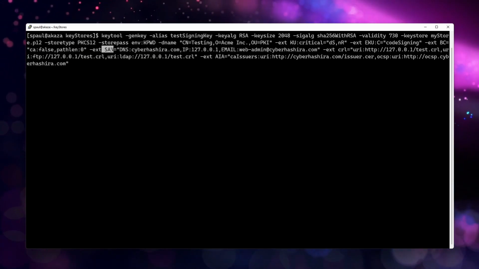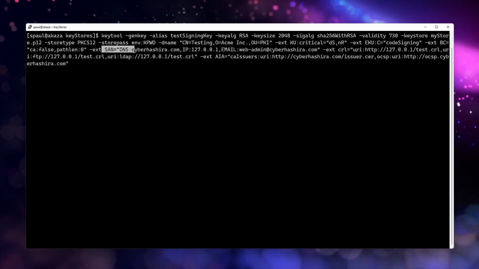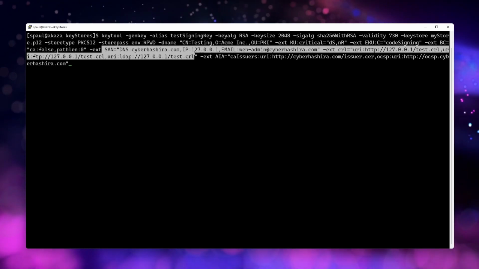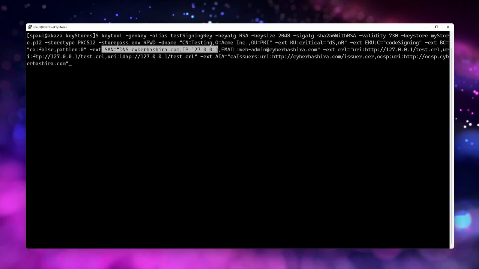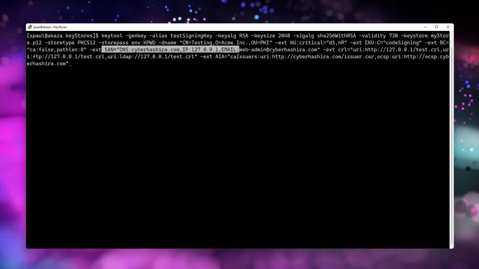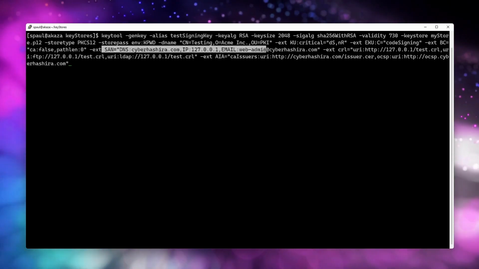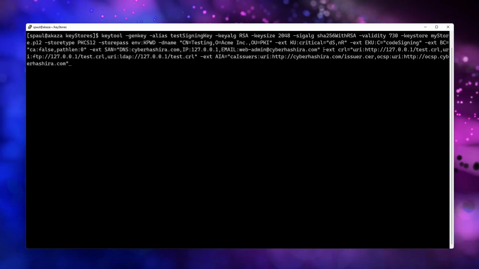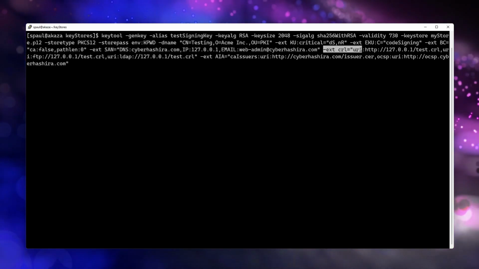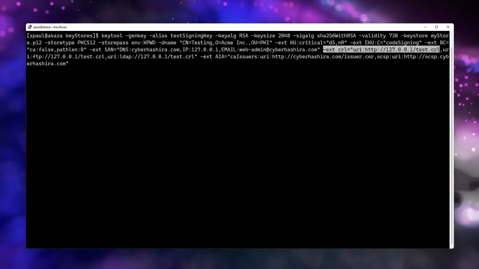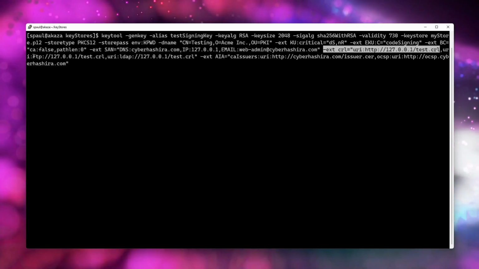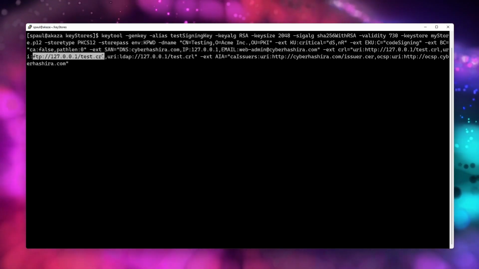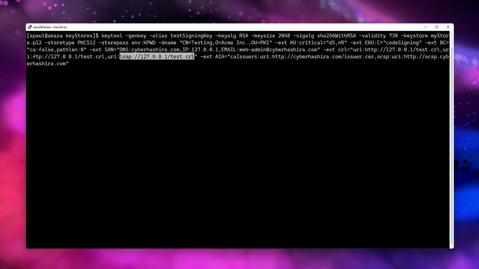I am also setting the subject alternative name as DNS cyberhashira.com, IP address 127.0.0.1, email address as web-admin@cyberhashira.com. I'm also setting a CRL distribution point as this location,